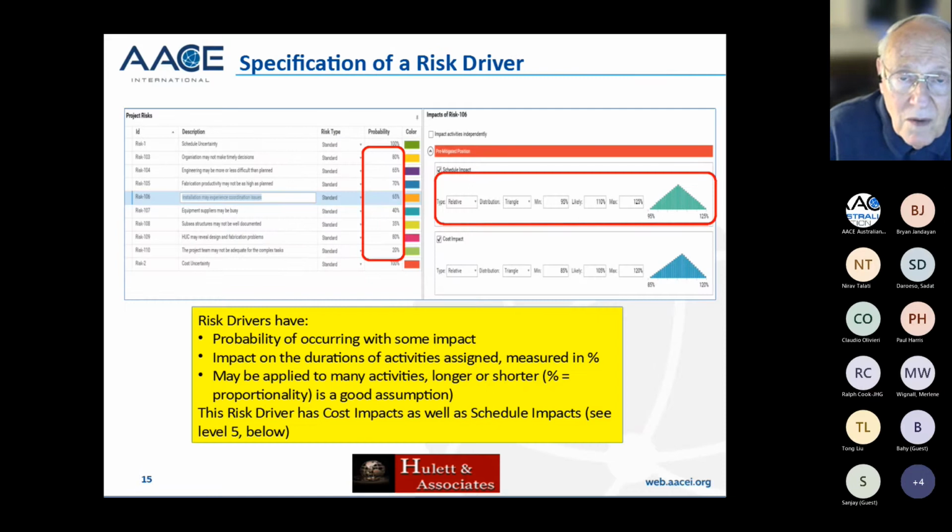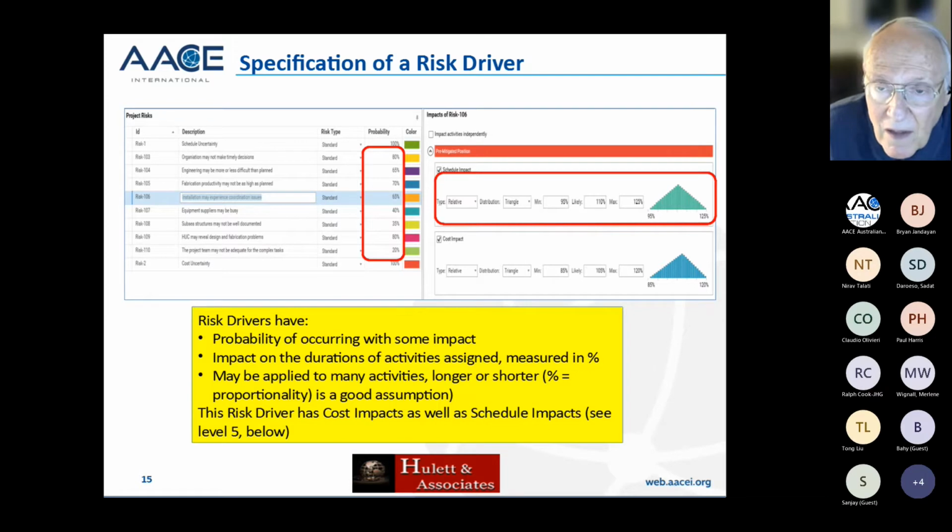Here are some actual risk drivers, and you can see in the red box there on the left that the probabilities are from 20% to 80%. I think in risk interviews that are confidential, you'll get higher probabilities than you would in a risk workshop where there's pressure to agree with the boss. But that's good. I think that's more like what the people really mean.